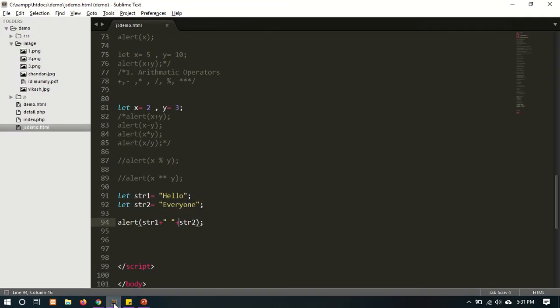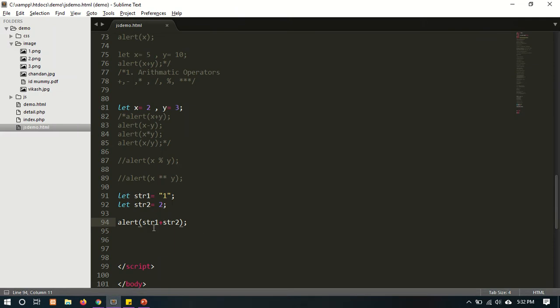Let's take another example. Suppose I am using here 1 and I am passing here only the 2. Then what will it return? Let's see. It will return 1 space 2. If I remove the space, then it will print the 12 because 1 is the string and 2 is the integer. So it concatenates the string with the integer.